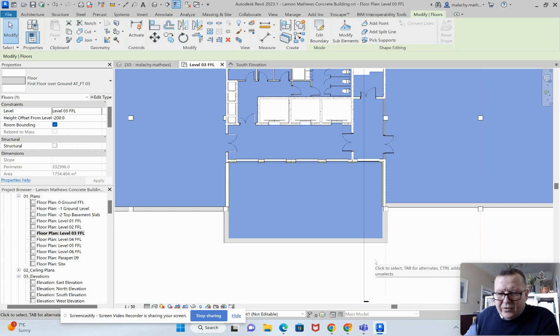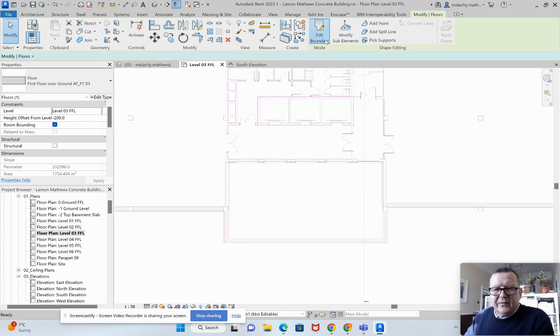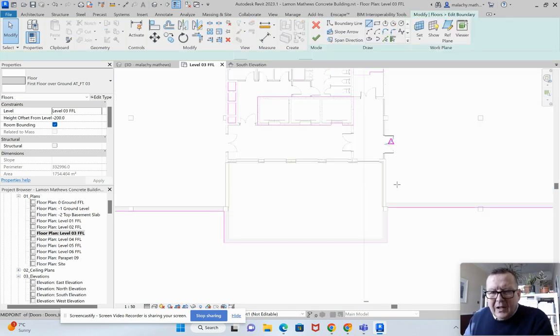Yeah. Now, what I'm going to do is edit the boundary of the floor, and I'm going to come to the inside here. So I'm using my pick lines tool. I'll pick that one, and that one. Now go up to my fillet. Okay. Right, and then we will just escape here. Get rid of these lines here. Now it's a closed circle, so